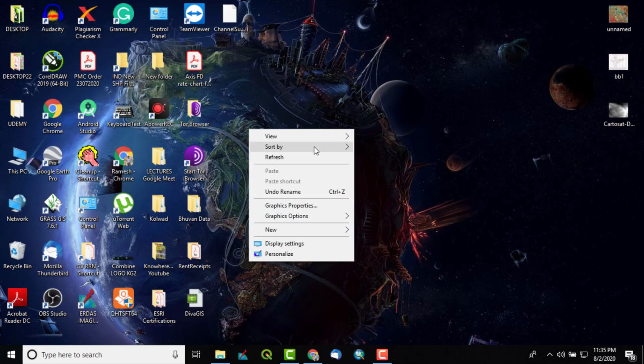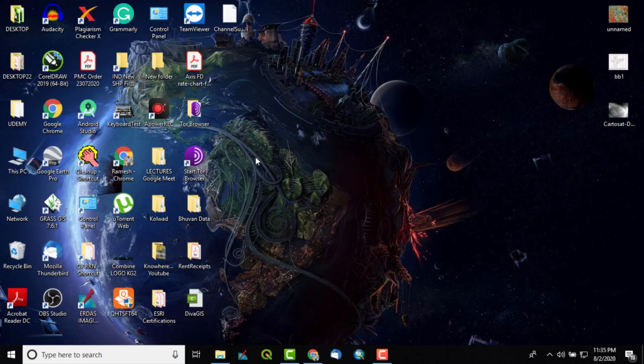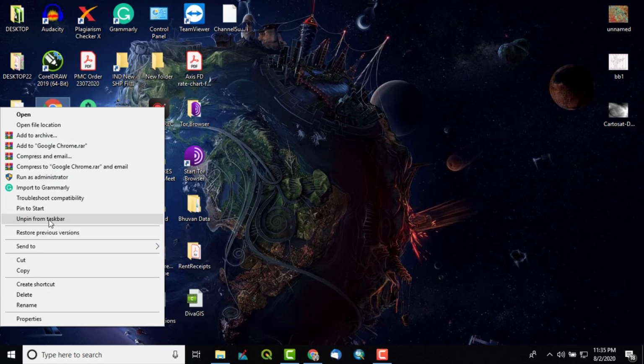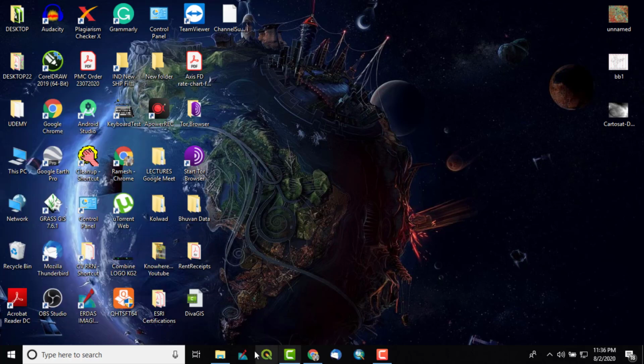After finishing, you will have an icon of QGIS software like this. So this is on the taskbar. You can do it after the icon is seen on your desktop. Suppose this is an icon, I will just right click and you have to just pin to taskbar. Now it has already been pinned, so the option coming is unpin. So after pinning, it will be available here.